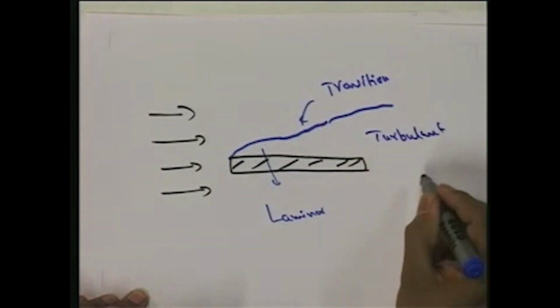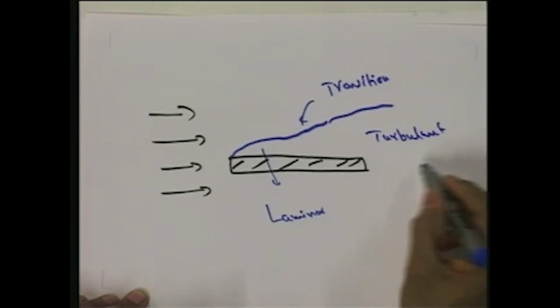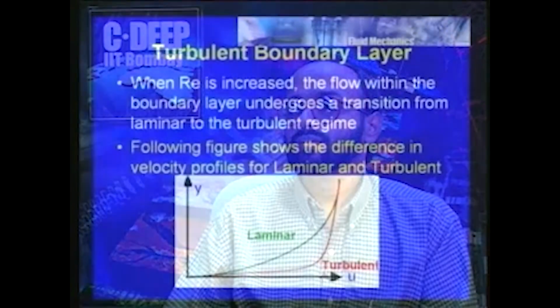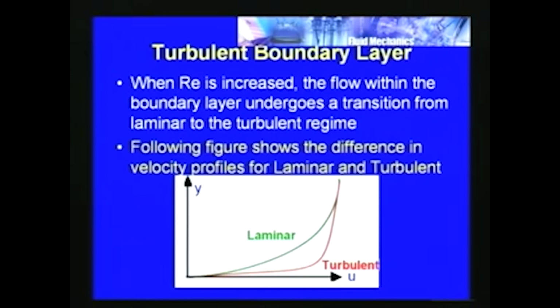So we have already seen some of the important aspects of laminar boundary layer formation. Now we will see some of the important aspects of the turbulent boundary layer. As I mentioned, when the Reynolds number is increased, the flow within the boundary layer undergoes a transition from the laminar to the turbulent regime. As we have already discussed, in the case of a flow over a flat plate or a flow through a pipe, in all these cases it can happen. Initially it can be laminar boundary layer formation,